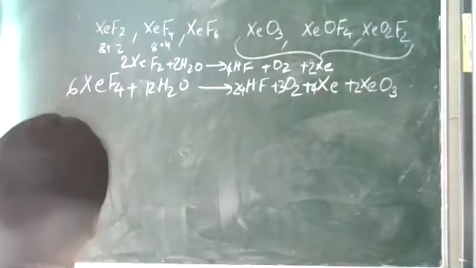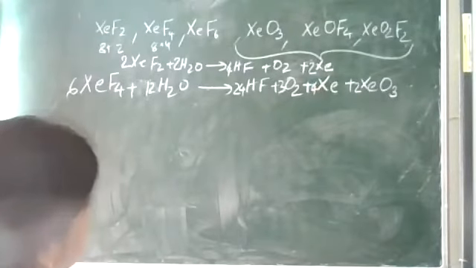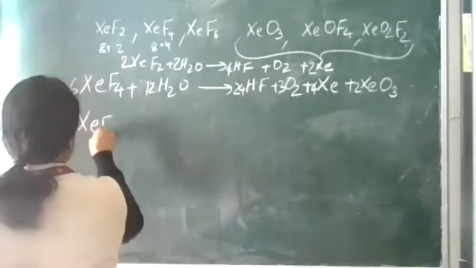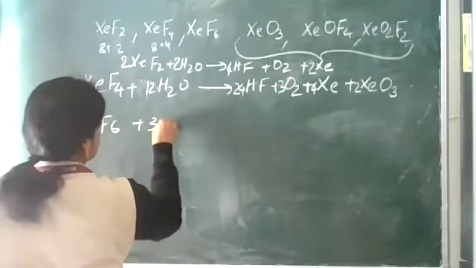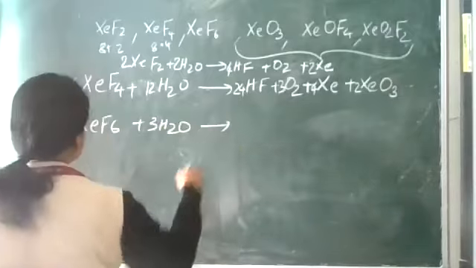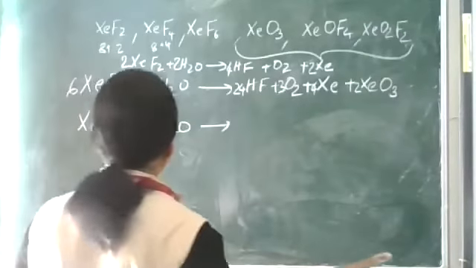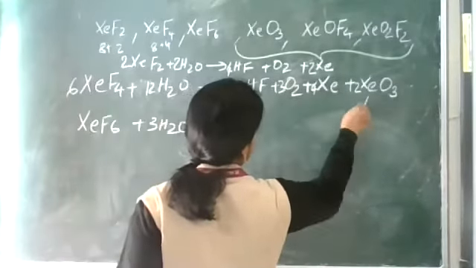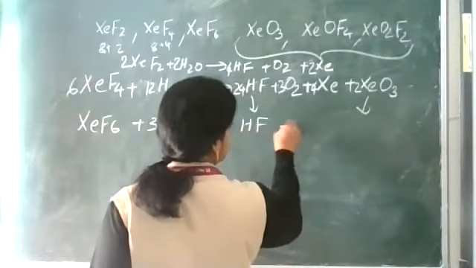Okay, so XeF4 hydrolysis gives XeO3. Now, XeF6 on hydrolysis gives again XeO3, that is this one and this one. That is HF and